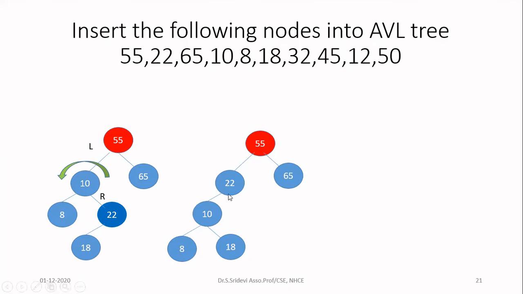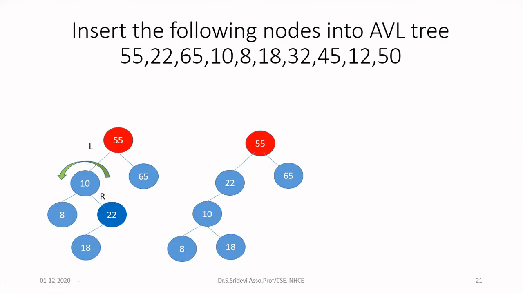So you now have to compare whether you can insert this 18 as the right child of 22. It is not possible because right child means the value should be greater, but the value of 18 is less than 22. So since we cannot insert 18 here, we have to insert 18 with 10 only. Now with respect to 10, 18 is greater, so 18 should be attached as the right child of 10. So now we have transformed the LR rotation into LL rotation. You can see here now it is LL. Okay, so by the first rotation, we have converted LR into LL.